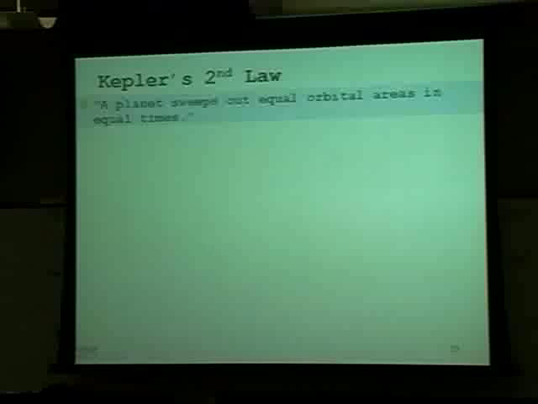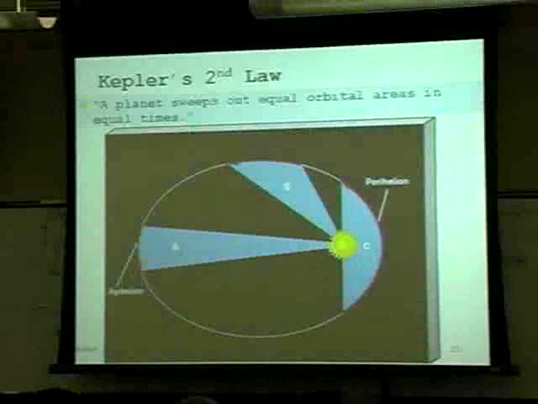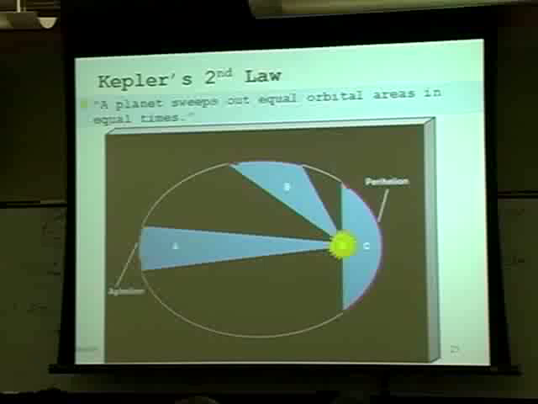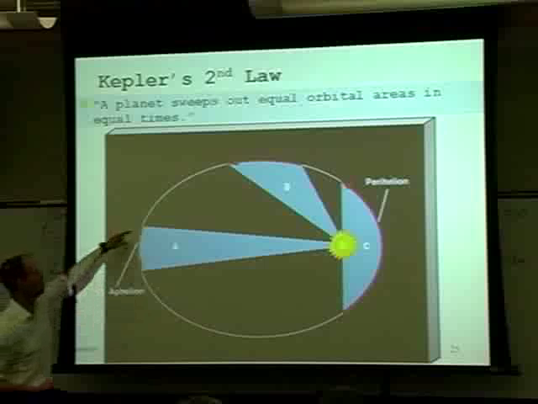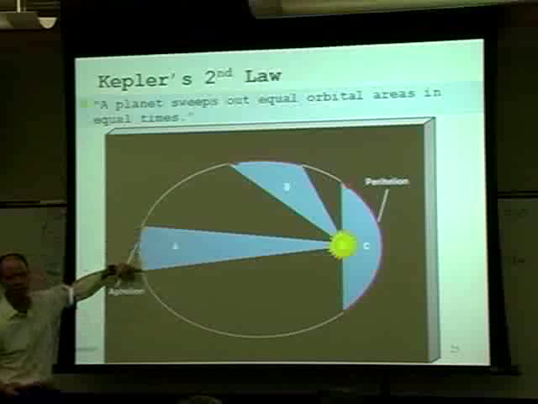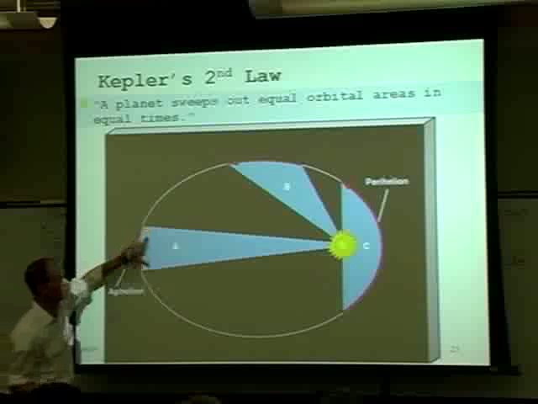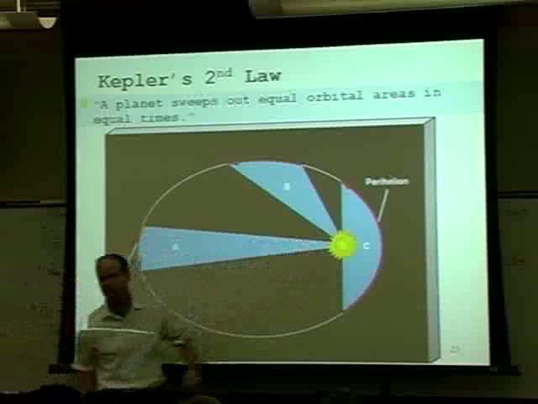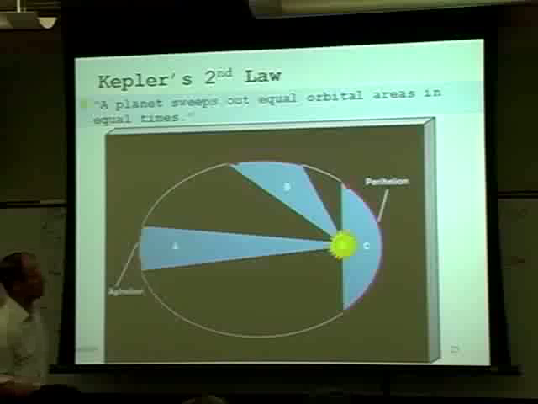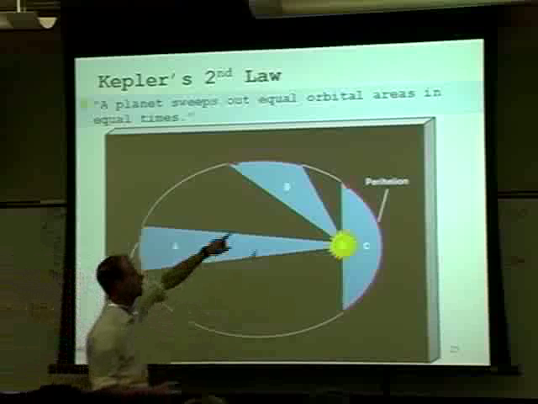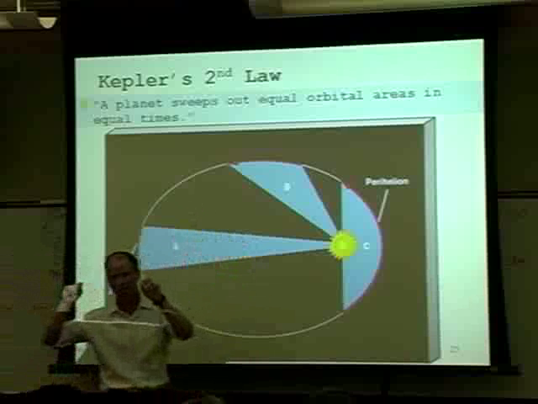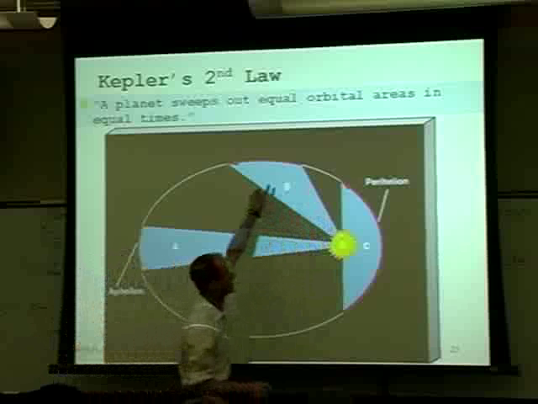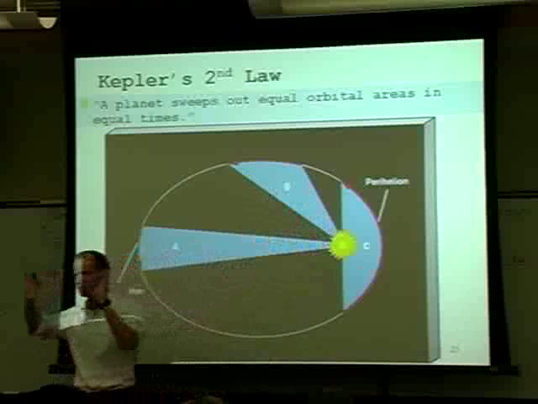Kepler's second law: a planet sweeps out equal orbital areas in equal amounts of time. We already know the planet goes around in an ellipse. What this is saying is that, say if you took 1 month of time, and the planet progressed from this point to this point in that 1 month, if you were to calculate the area of this slice of pie, say the area of slice A, and then you looked at another month, maybe slice B up there, and you took 1 month, and you were to calculate the area of that slice of pie,